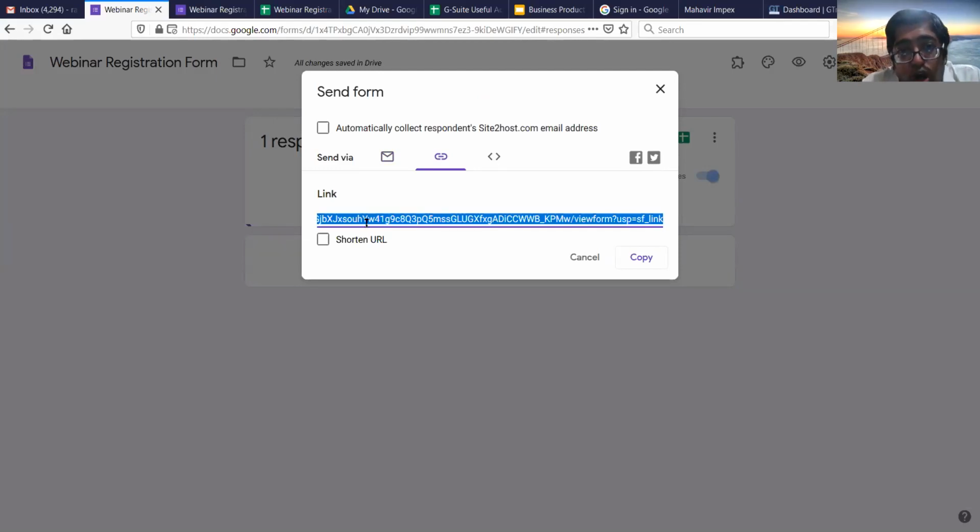is too long. So how do you shorten the link? You click on the shorten URL option over here and you can see that Google has given you a very short URL, which you can share on WhatsApp, on your email, on your SMS. You can do it in whichever way you want to share with the end participants, on your Facebook, wherever you